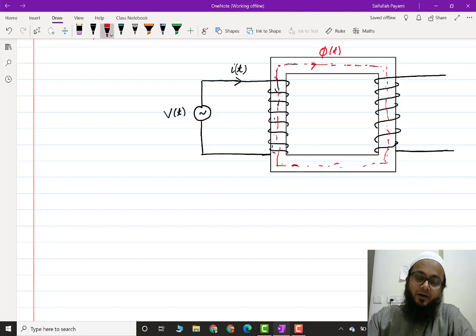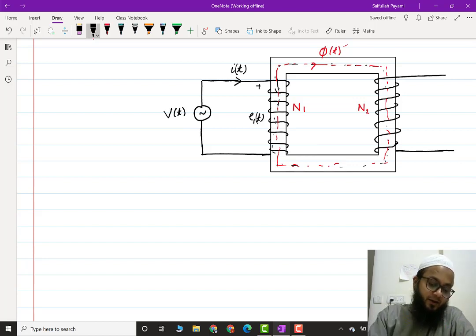So the very first coil, let's say this coil is having n1 number of turns and this coil is having n2 number of turns. So the very first coil will experience the change in flux, which we have discussed previously as well. Okay, so the very first coil will have the induced EMF